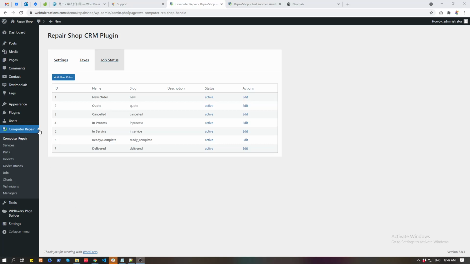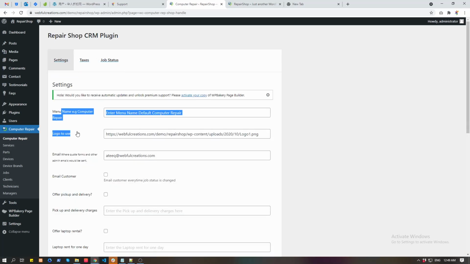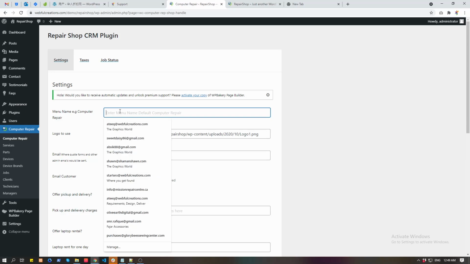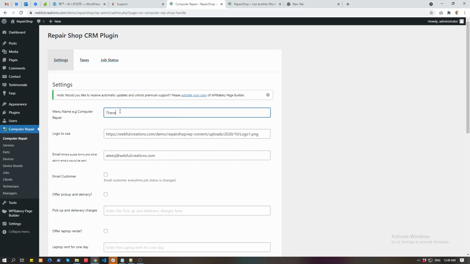First of all, you have to note that labels like this are not translatable with plugins. Only the theme files, strings like these strings, settings, texts, and labels which are coming from plugin files. But for strings like here, whatever you type, you have to type in your language. That is not translatable. Correct.